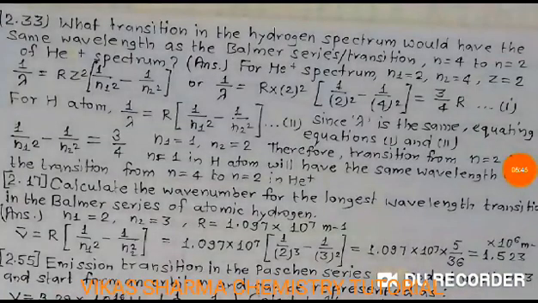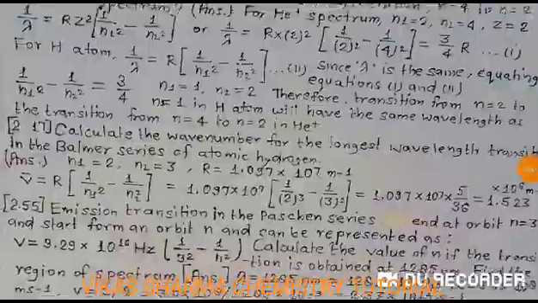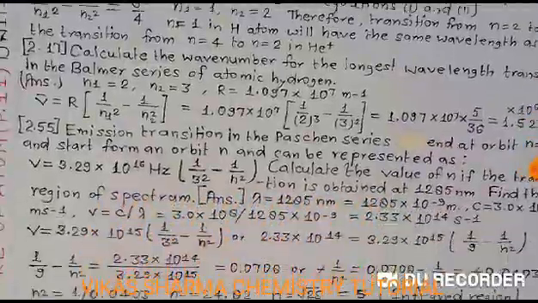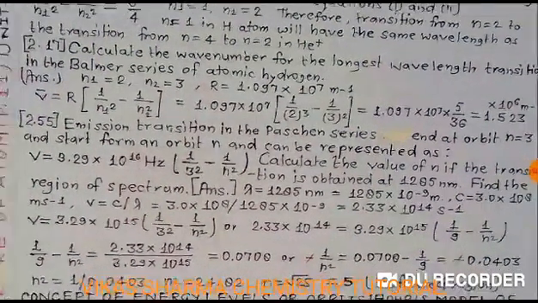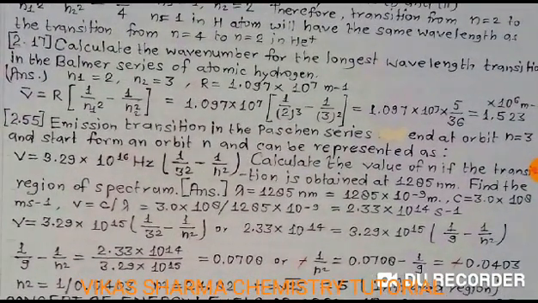Student, NCERT 2.33, 2.17, 2.55 is totally based on this Rydberg constant equation. You have seen it on display, and you can also solve this with the help of this solution. So student, the next topic is